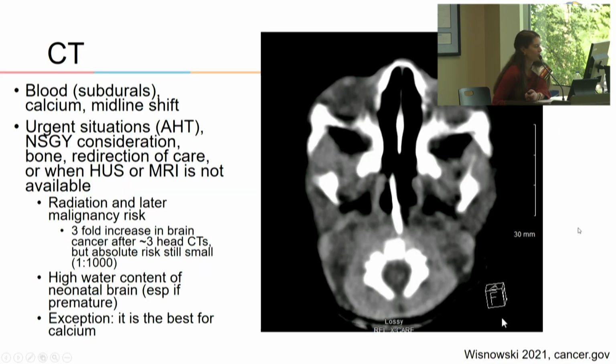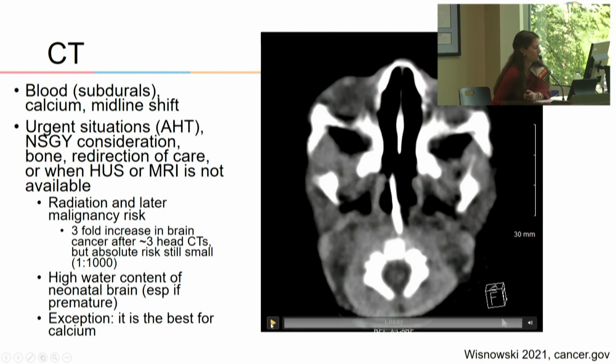All right, quick word on CT. So we don't use CTs in babies a lot. However, I did recommend one on Wednesday, so you never say never. But it's good for bone, definitely superior for bone. It's good for acute blood, and for looking at midline shift, anything that's urgent. So like abusive head trauma, rule out, stuff like that. Neurosurgical considerations, or when head ultrasound or MRI is not feasible or available, but you just have to be cognizant